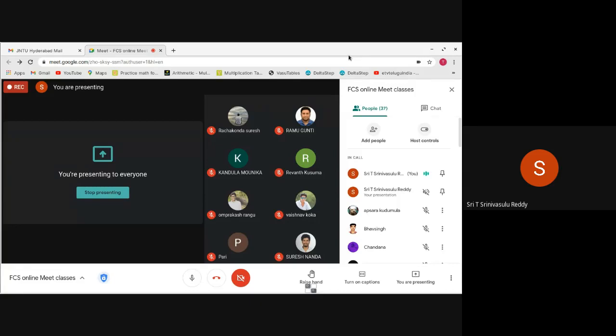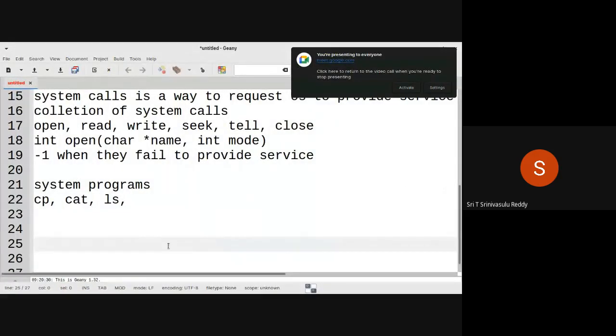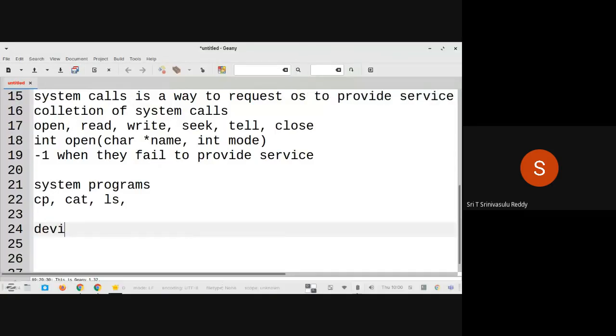So just now what we have learned so far is that an operating system is considered as a collection of system calls. And remember, coming back to this particular thing, if you take a look into open, read, write, seek, tell, close, and all that, the operating system will make the users think in a device independent manner.